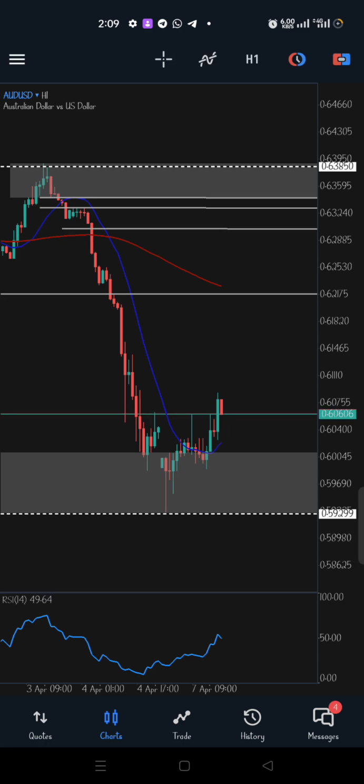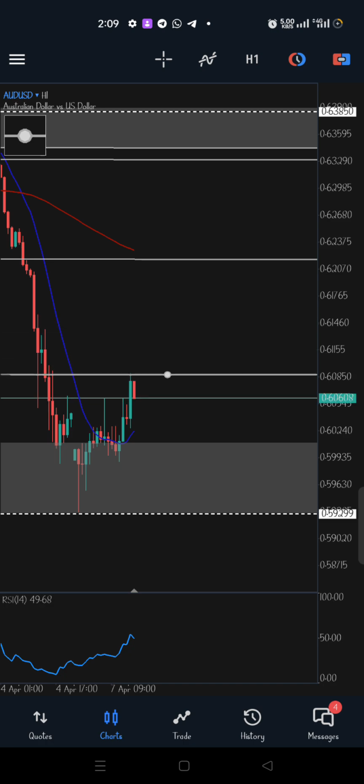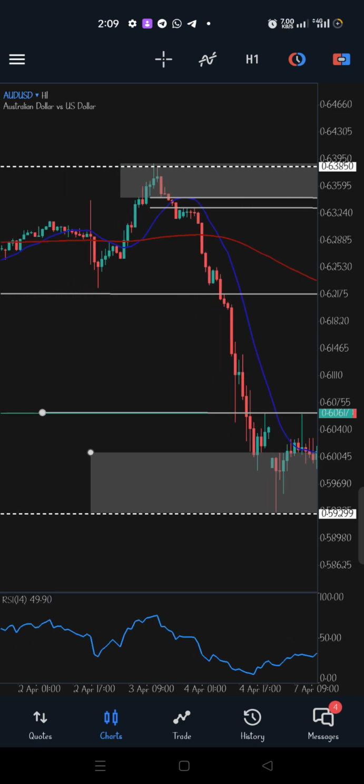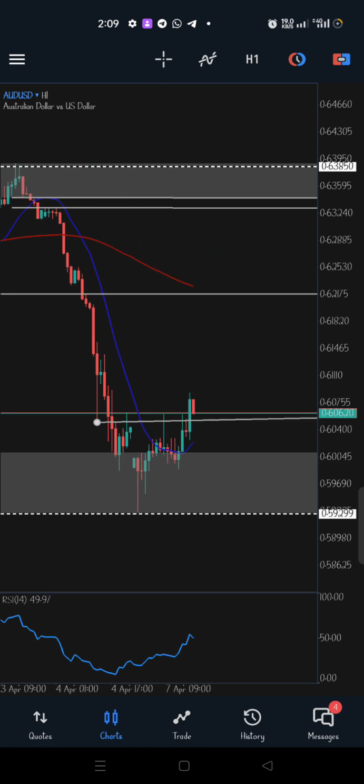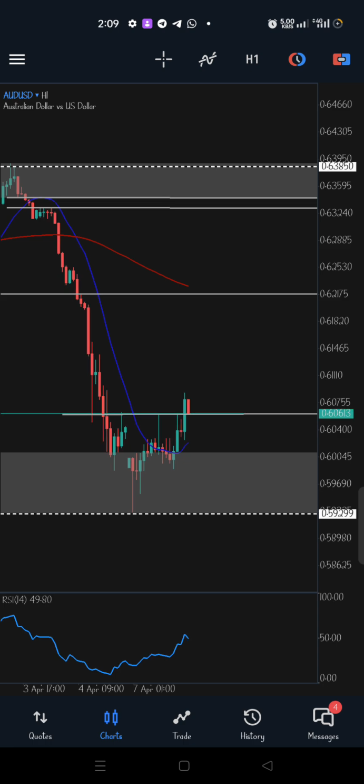So guys, what I'm doing currently is identifying the key areas on the chart. That will give us a clear understanding and also aid our decision making on this particular chart, whether to buy this particular pair or we're selling it. So currently this is what we have